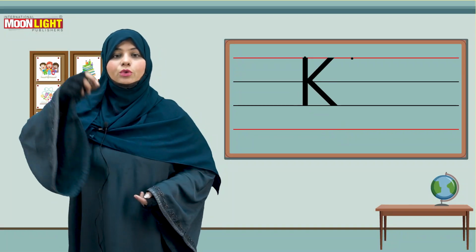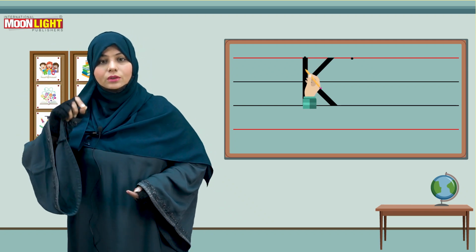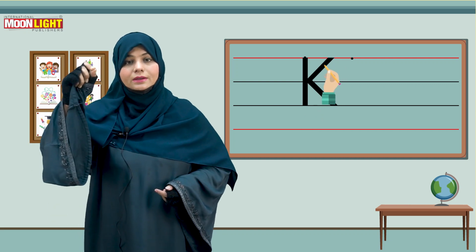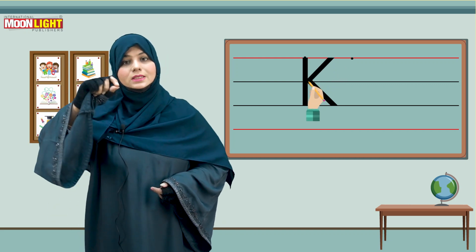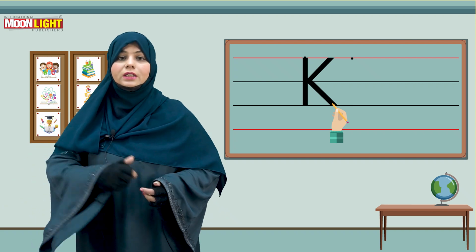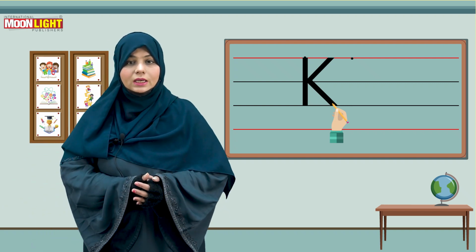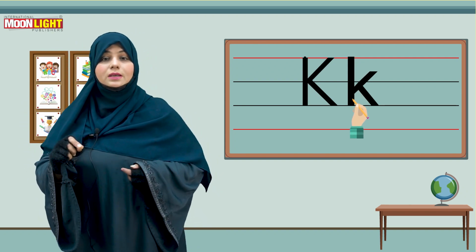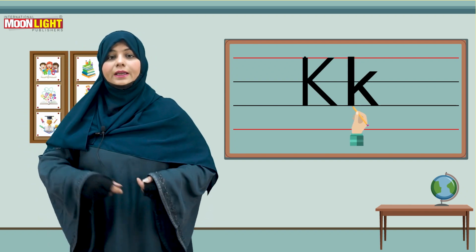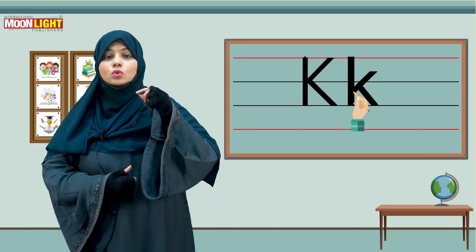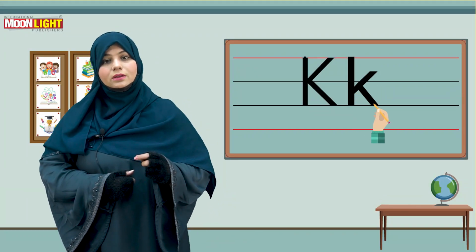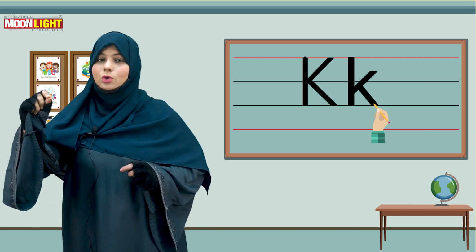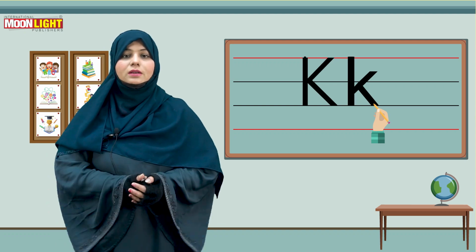It will become small letter j. Yes, for K, you have to put your pencil on the black dot, go down, make a straight line till the third line. After that, make a slanting line in the upper two lines, and a slanting line in the center two lines. It will become capital letter K. For small k, put your pencil on the first line, go down and make a straight line till the third line. Make two small slanting lines in the center two lines. Go down, then again go down and make a small hook. It will become small letter k.